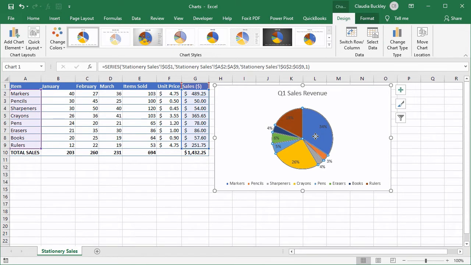And maybe we want to draw attention to a particular item. What we can do is to explode a single slice by clicking on that slice and dragging it outwards. So here we're emphasizing marker sales. We can make changes to any element within our chart just by clicking on it. Once we've ensured that only that object is selected, we can make changes to color, text, value, or size directly